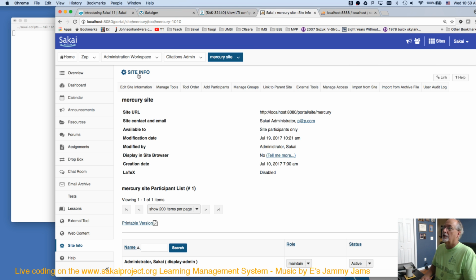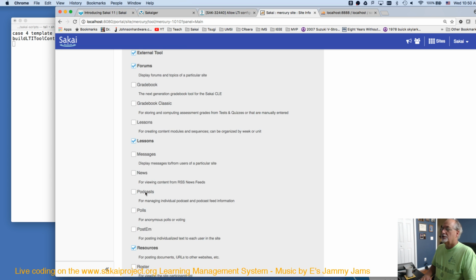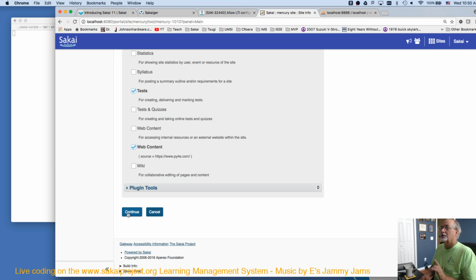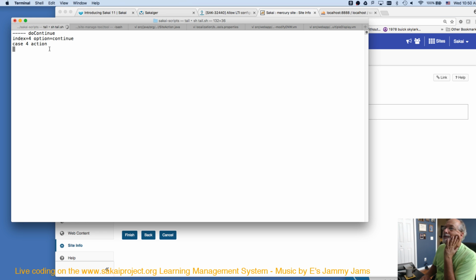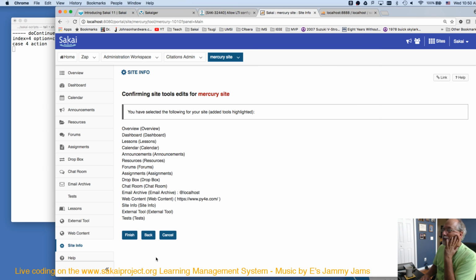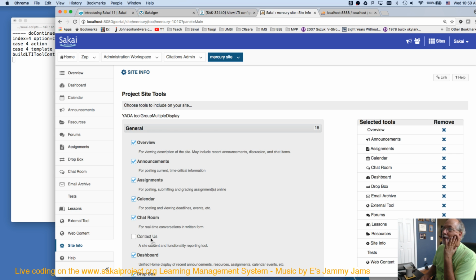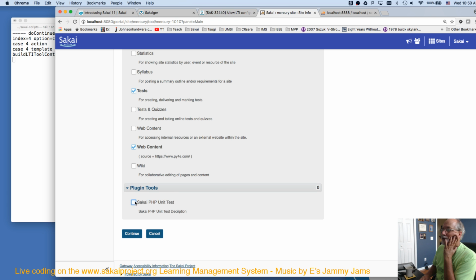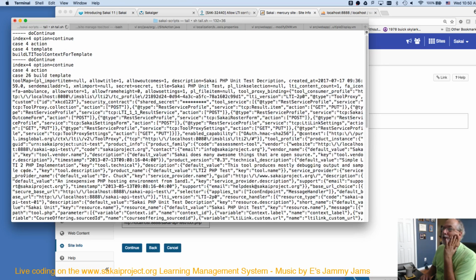Okay, refresh there, manage tools. And then case 4 template. That's good. And now we're going to hit the continue. Case 4 action. Back. Choose a plugin tool. Now we're going to go case 4 action, case 4 template, case 4 action, case 26 build template. Somehow,